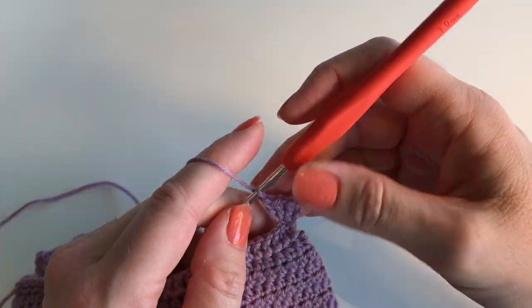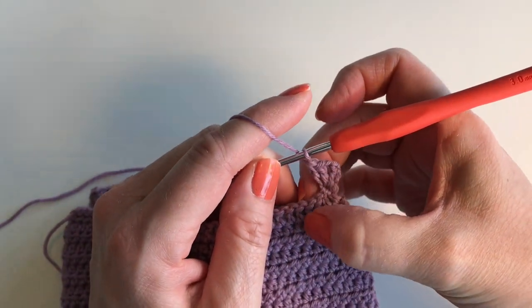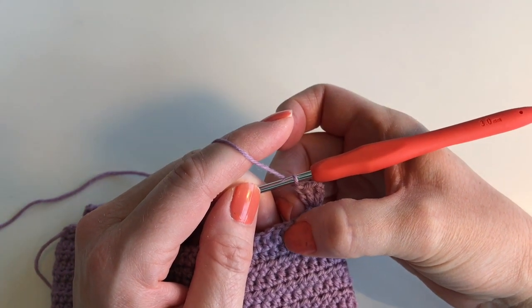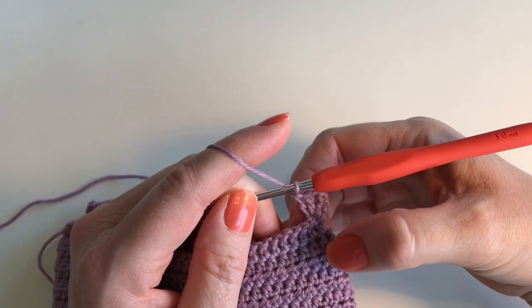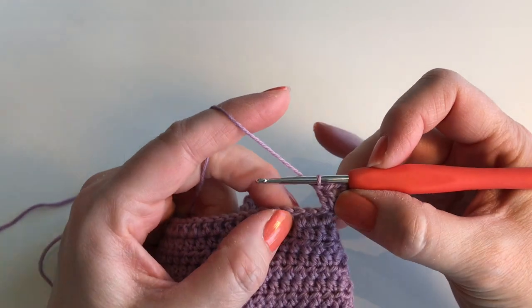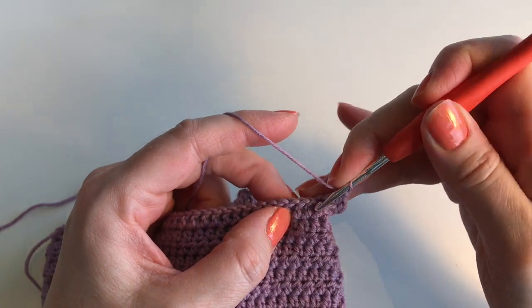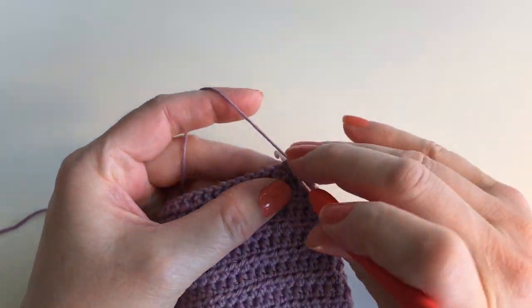Okay, so there you have the pattern, okay? And instead of going to the 4th one, as the pattern says, well, you haven't got the pattern, but as I do on the dress, we're just going to have 1 stitch in between, okay? So there's the 1 stitch, and we're going to do it in there. Okay, so in here,